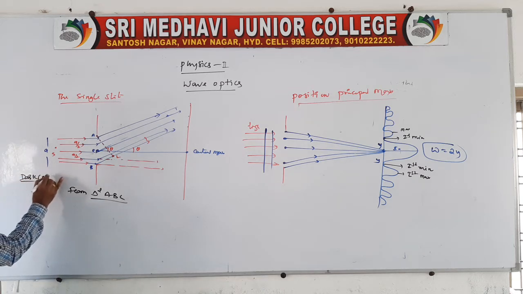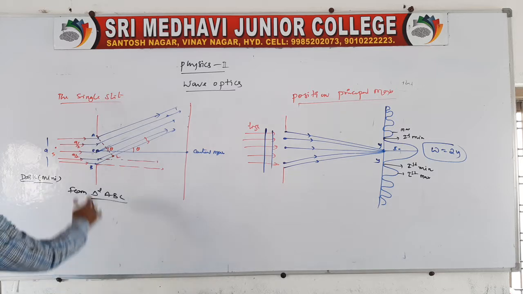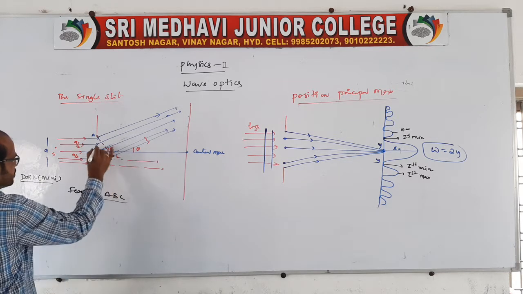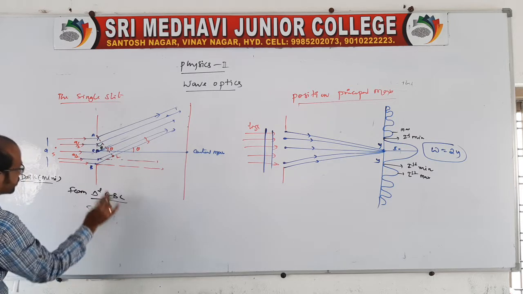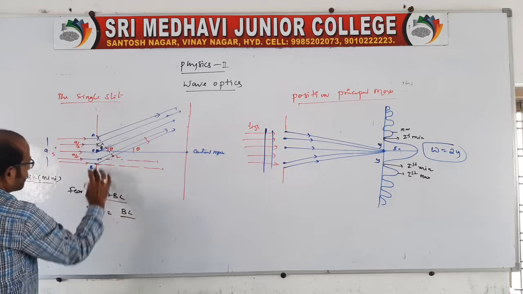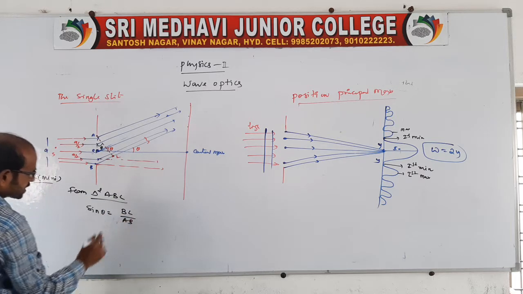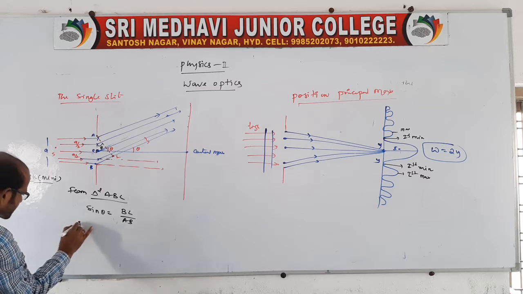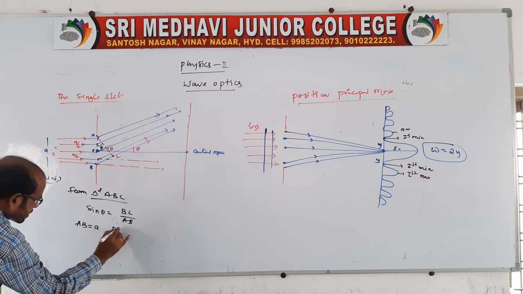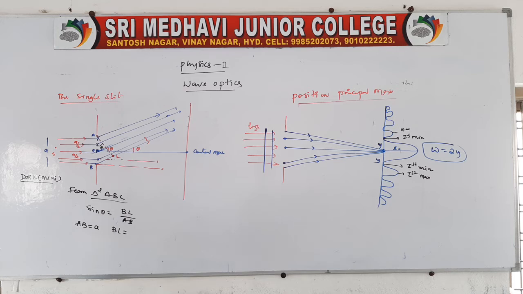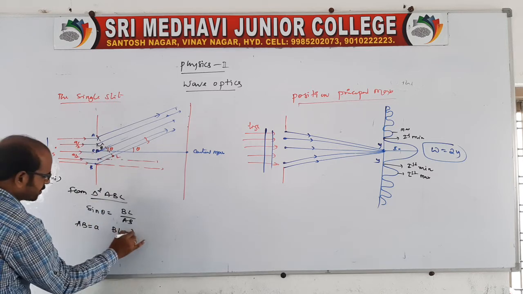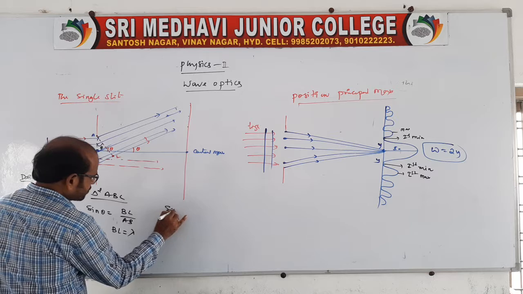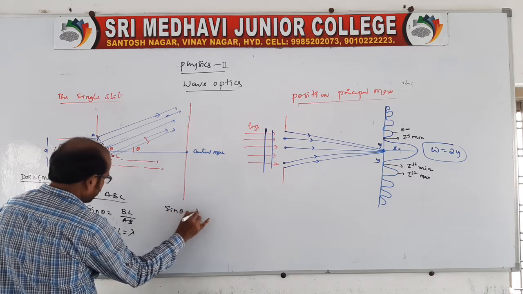We call it a minima, right? So for minima, which makes an angle theta, here also it makes the same angle theta. You take a line making an angle theta. Then sine theta is equal to the opposite side BL by AB. AB is nothing but the width of the slit. You write here, AB is the width of the slit. BL is the path difference, which is the wavelength lambda. So here sine theta is equal to lambda by A.